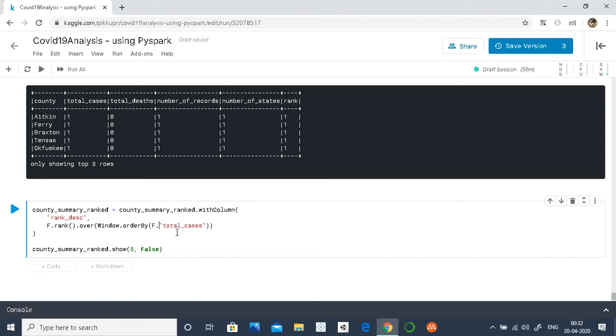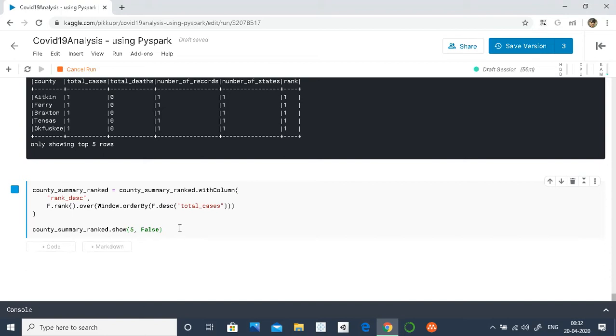So we have another function here which is desc. By mentioning it here, we tell PySpark to sort the column total cases in descending order and then create a rank over it.